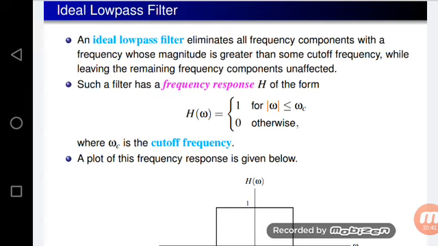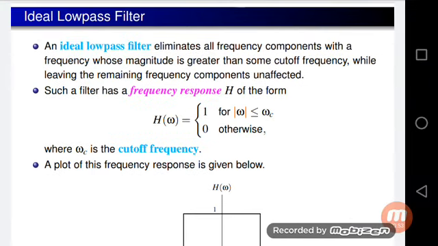An ideal low pass filter eliminates all the extra frequency. So the overall concept of an ideal low pass filter is that it eliminates all frequency components whose magnitude is greater than some cutoff frequency. That means,